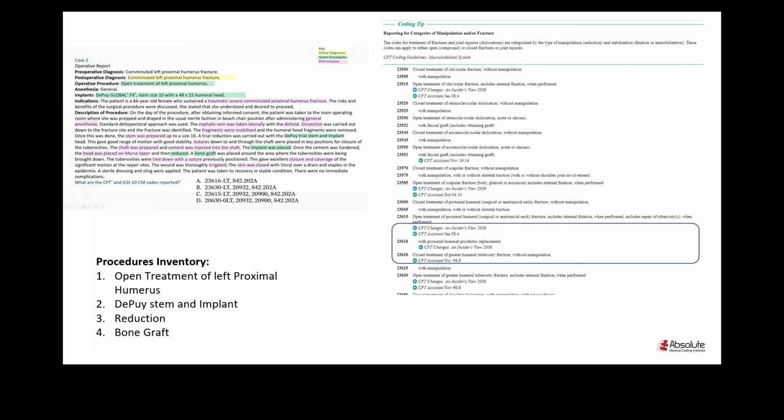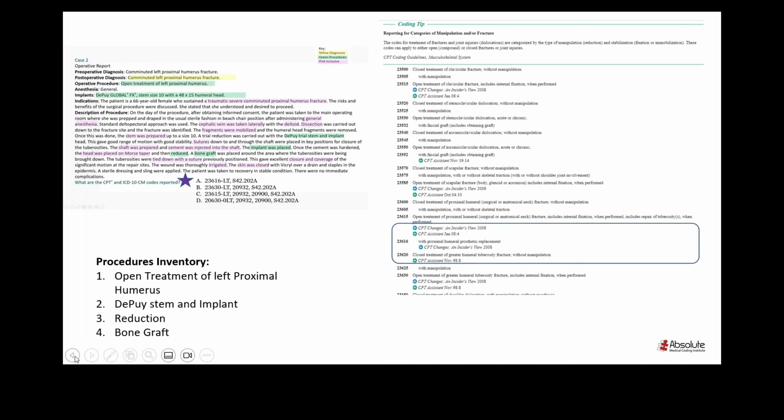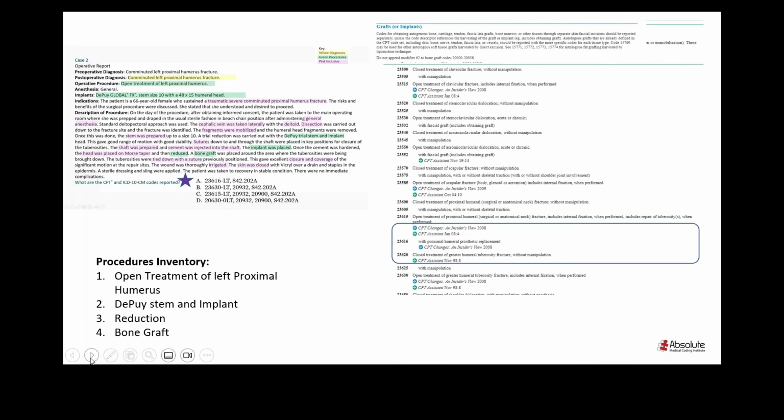And the CPT code 20932 is coding for a graft. Yes, 20932 is coding for an allograft, and these are the guidelines from the graft section as well, so you can read them, and that will be really helpful. So with that said, we are